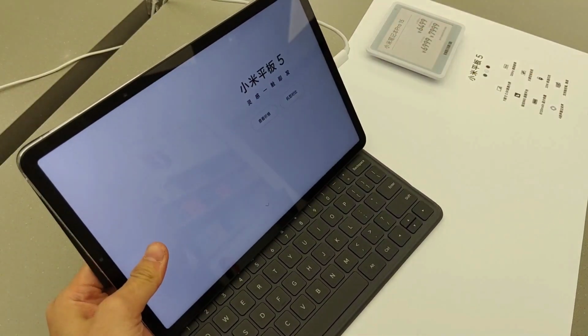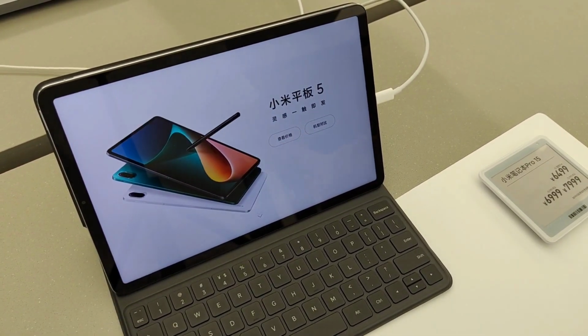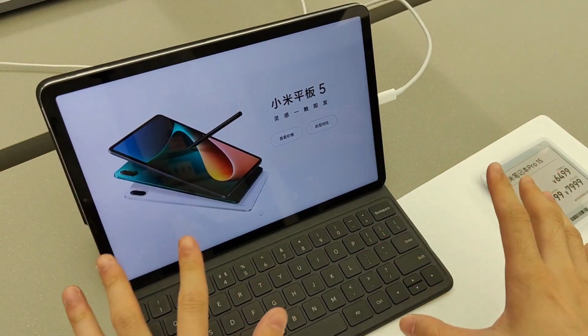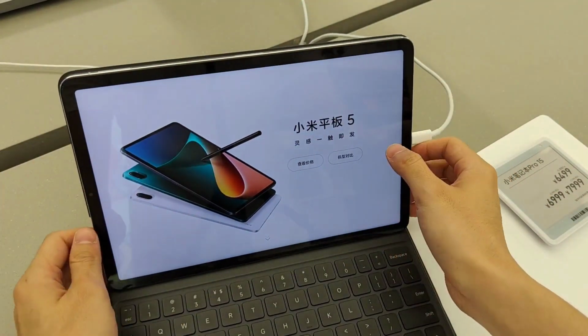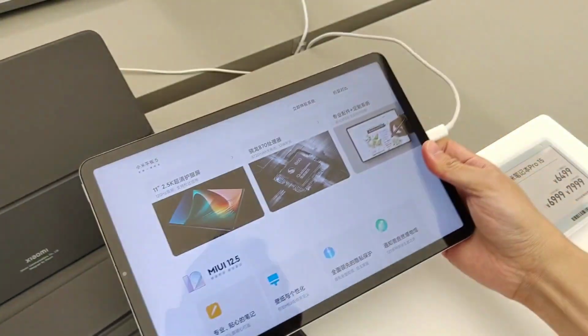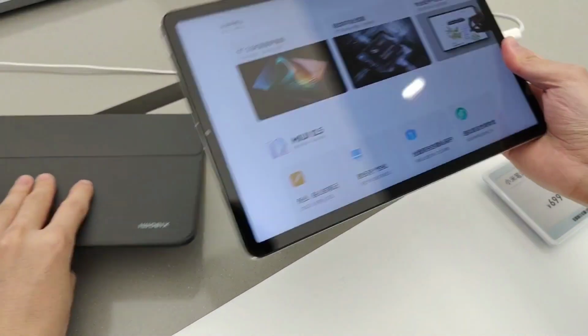So as you can see, here's the new beautiful Mi Pad 5 along with keyboard style double-sided protective case alongside the tablet. The case is really good and premium, and it is something which will be really useful in some official works. In terms of display specifications, the Mi Pad 5 series is equipped with a large 11-inch LCD screen